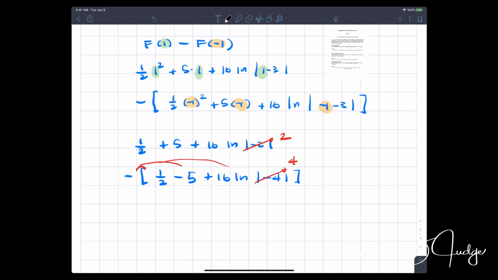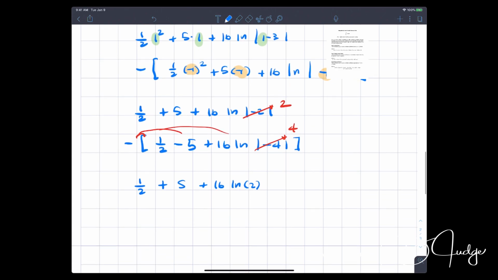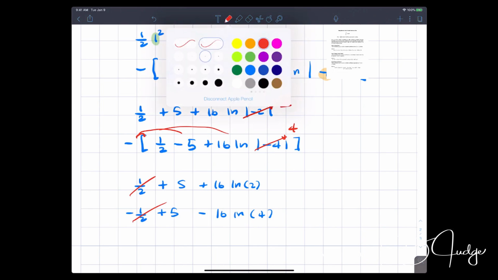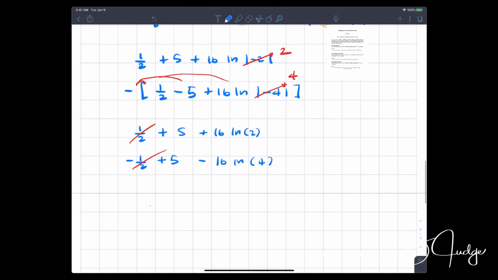So let's see what this is going to give us here. 1/2 plus 5 plus 16 natural log of 2. Now let's distribute, and I'll put it down here. Minus 1/2 plus 5 minus 16 natural log 4. If we notice, we're going to have some cancellation here, gone and gone. And then this is going to give us 10 plus 16 natural log 2 minus 16